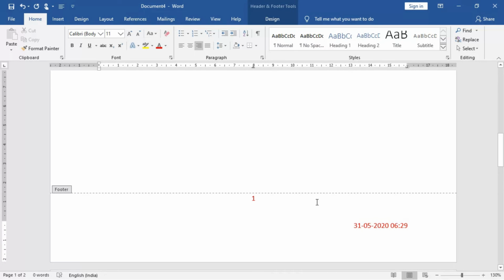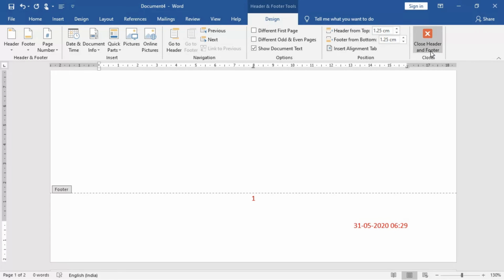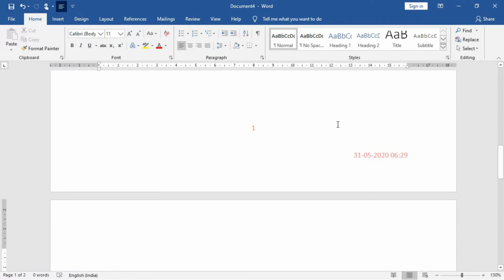This is almost the same as the header: how to insert header, how to manage pictures and all the things. So that is the way. There is no difference, only the footer will appear at the bottom of the page. You will find this one also under the insert, under the header and footer group. If you want to come out of it in the same manner, you can go there and click on close header and footer option under the close group. Fine. If you close it, it will be closed out here.